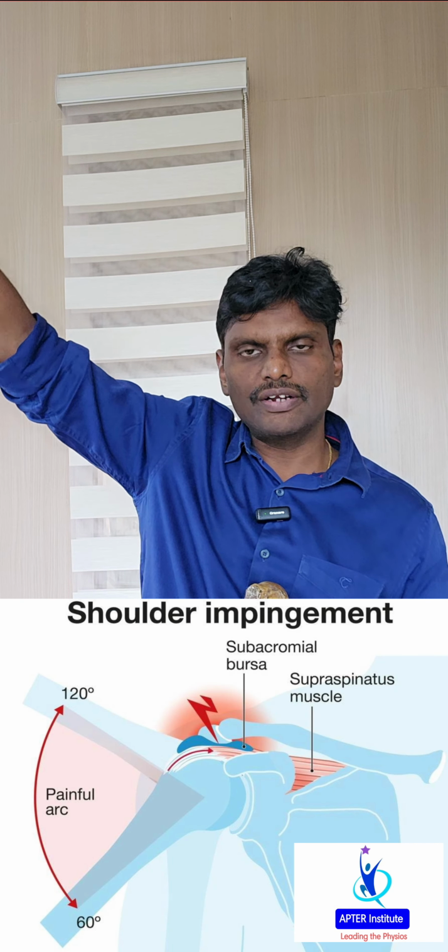Today I am going to talk about impingement sign happening in the shoulder joint. When the patients are abducting their shoulder or elevating their shoulder over it, one of the structures in the subacromial space will be compressing one of the tendons of the rotator cuff. Usually it is the supraspinatus muscle which will get compressed, and that causes pain during abduction,